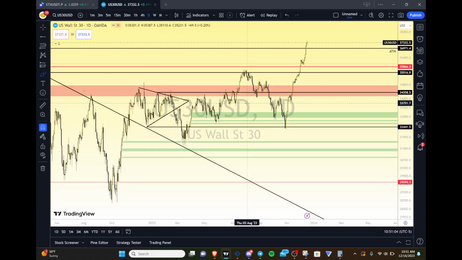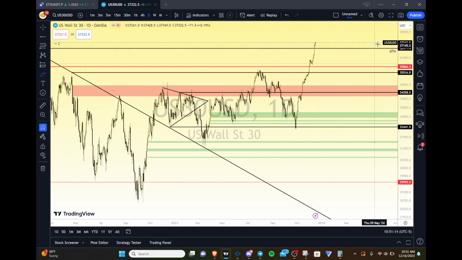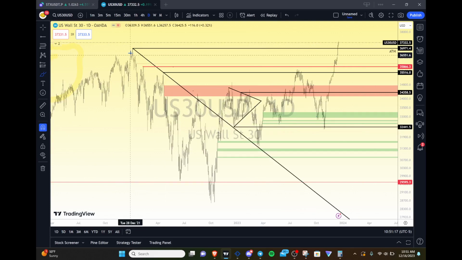And what an incredible move here. I dare say the bear market is canceled. Okay, at least in the Dow. So the Dow had an incredible move up. As you can see, it took out the previous all-time high. So we are no longer in a correction here. The correction ended when we broke up through here and made the higher low, but I would say it's official. It's not a bear market rally, at least not in the Dow, and we are likely going to have continued price speculation to the upside over the rest of this month.